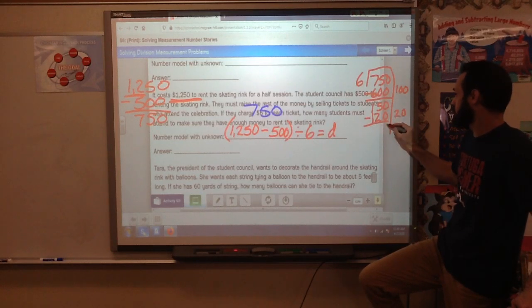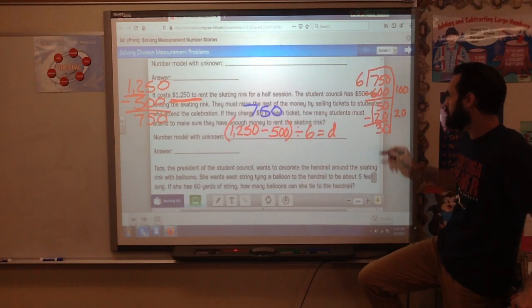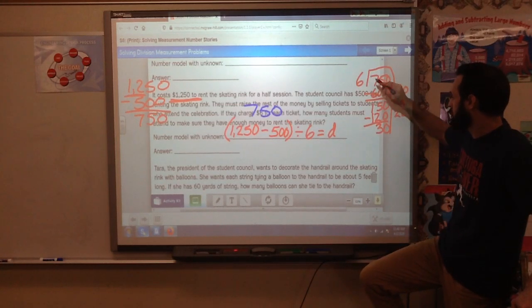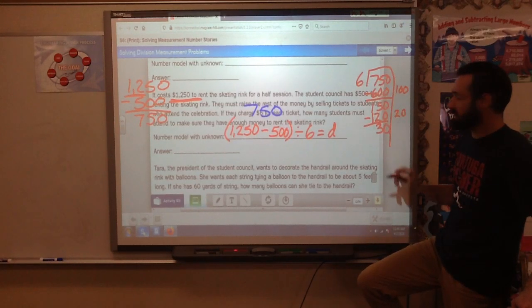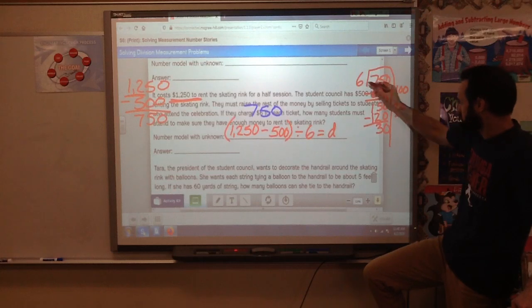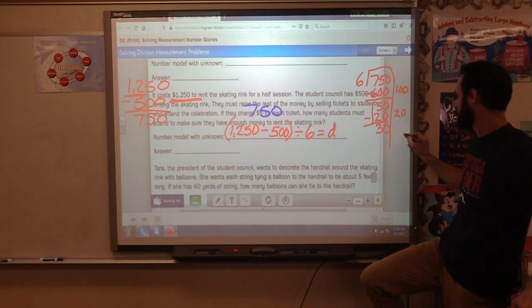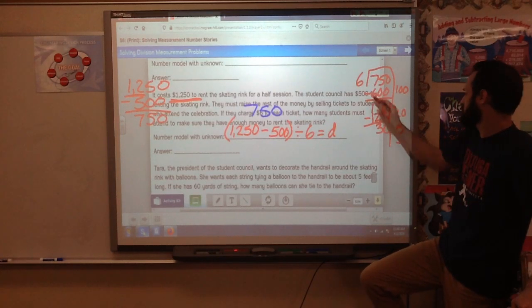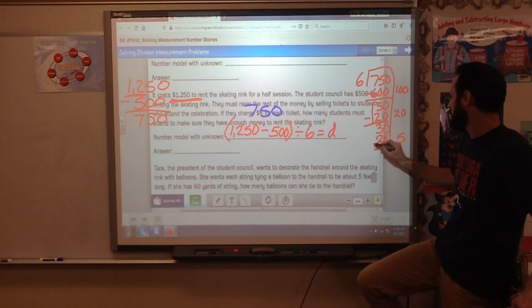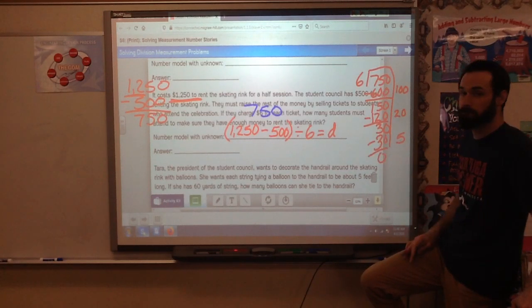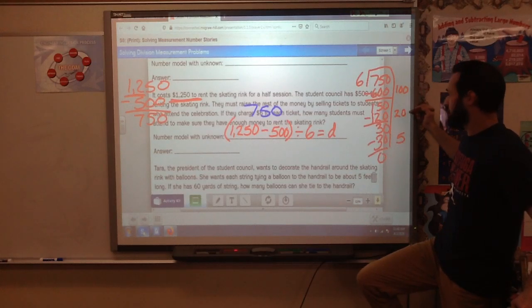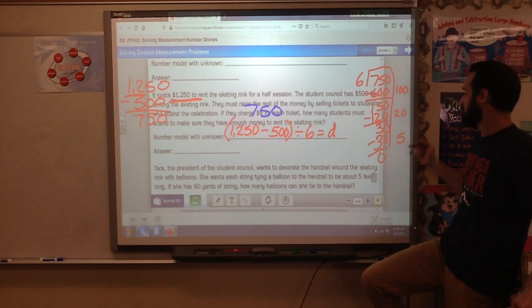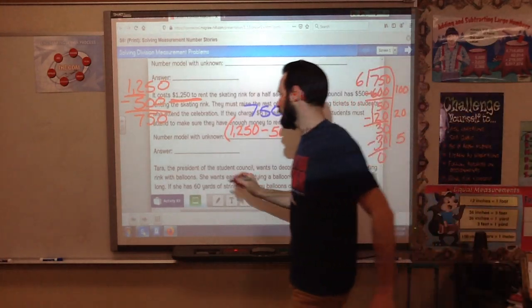We subtract. 0 minus 0 is 0. 5 minus 2 is 3. Alright. So now, the real problem is 30 divided by 6, but what we can think is 6 times what equals 30? And that would be 5. 6 times 5 is 30, and we subtract, and we get a 0. To figure out your answer, it's 100 plus 20, that's 120, plus 5, your answer is